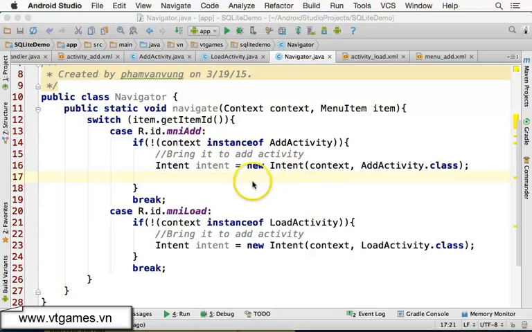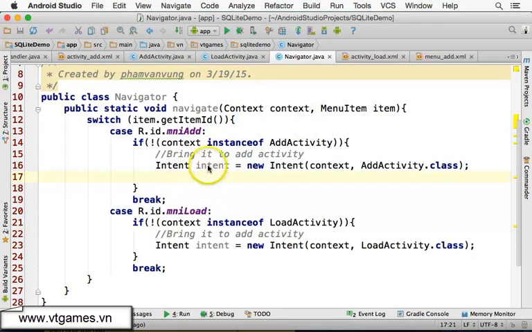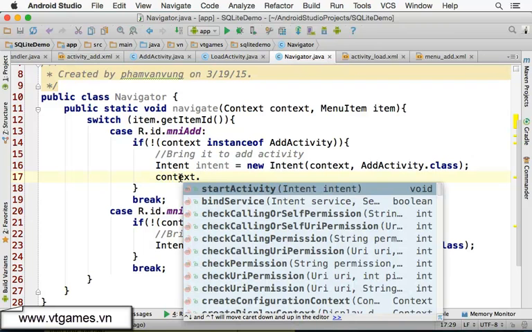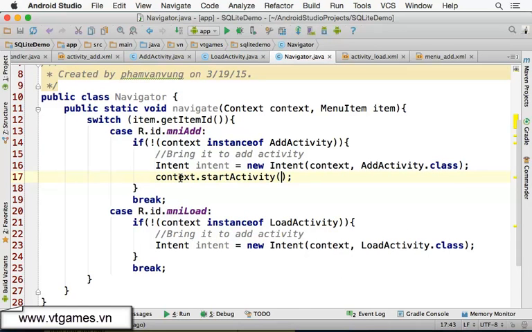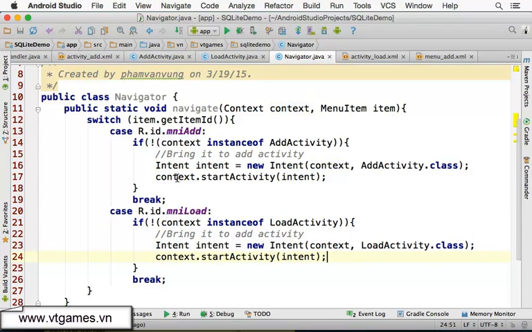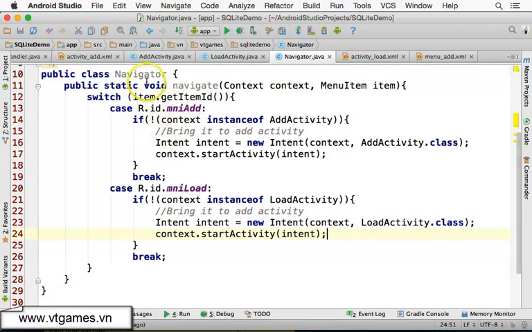Okay, in the previous step, I ran out of time again, so I was mentioning that I missed one more step. After having the intent, you're going to use the context that's given over there to start an activity. Using that intent, similar lines of code should be placed down here. This one is the navigator. It's a static method, so I don't have to create new